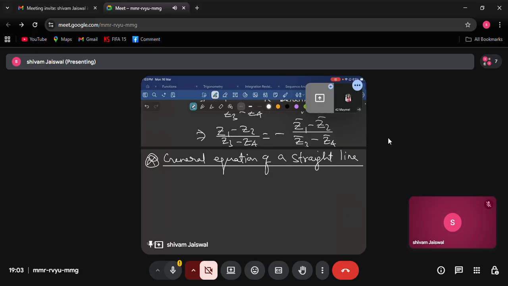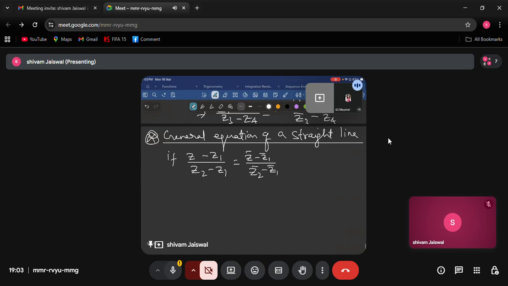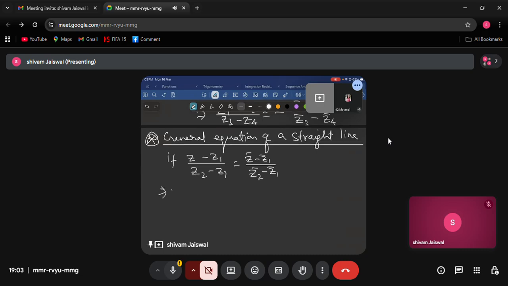So everyone, this is the equation: Z minus Z1 upon Z2 minus Z1 is equal to Z bar minus Z1 bar upon Z2 bar minus Z1 bar. Okay, so let us cross multiply. We'll get Z into Z2 bar minus Z1 bar minus Z1